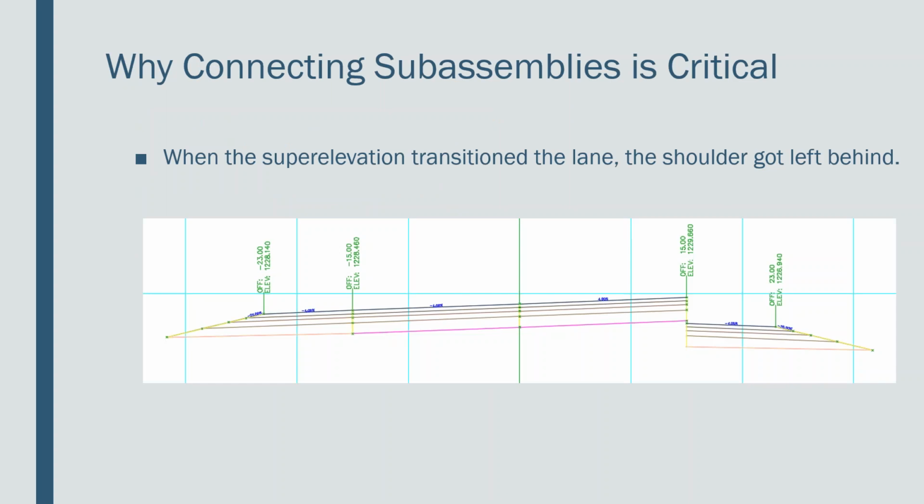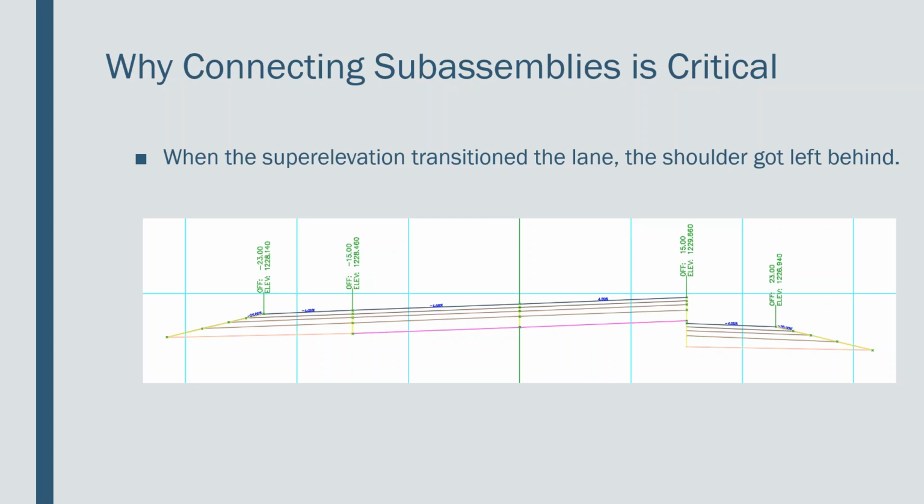And this is a screenshot from something that happened years ago. I haven't seen this happen a lot since, but what happened was we got a support call that said, we've got a super elevation, but the shoulder is not moving along with the super elevation. We can't figure out why. When I got to see the picture, this is what I saw, and like, oh wow, that's not exactly what I expected, but okay. It took a little while to kind of backtrack through it, but it turned out that